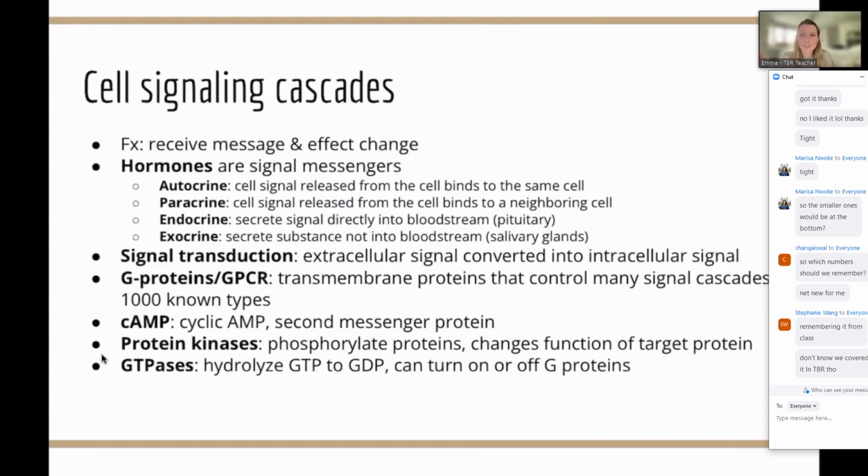So determination, I would say, is kind of like getting sorted into your Harry Potter house, and differentiation is the classes and the games and all the other stuff that you do while you're at school to become the person that you're going to be. Sorry if you don't like Harry Potter, but that's about the best I can do.